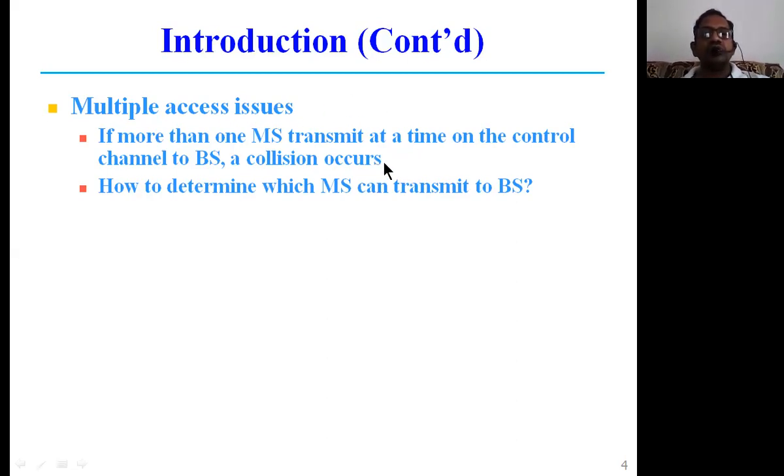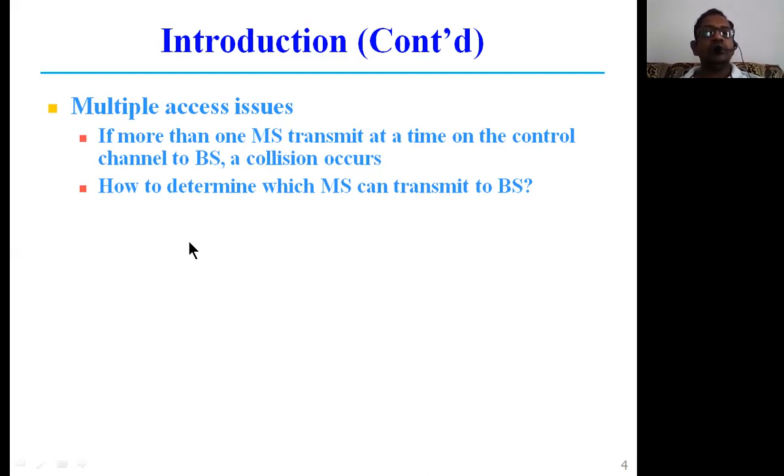See, this is what I was talking to you about. When you're dealing with data communications, the issue in multiple access is going to be two issues, most importantly. If more than one terminal transmits at a time on the control channel to the shared medium, then collision takes place. That means at a single point of time, if more than one terminal transmits on the shared channel, on the shared resource, then the collision occurs. That is one important issue which we come across in shared multiple access communications.